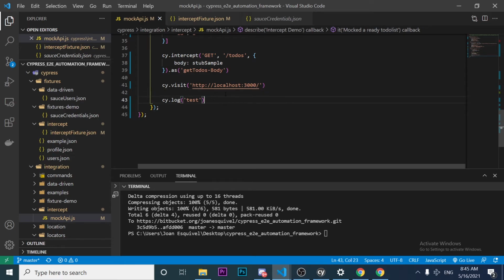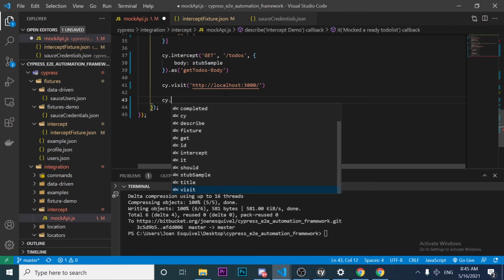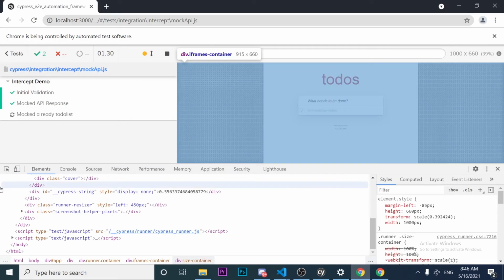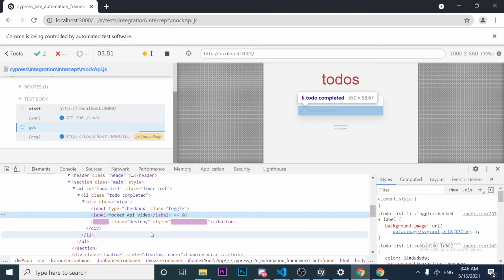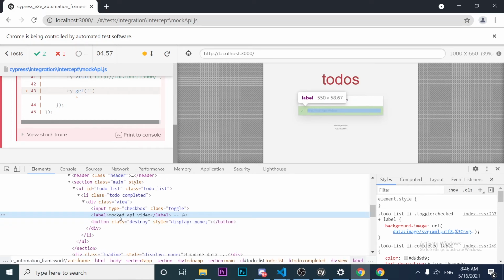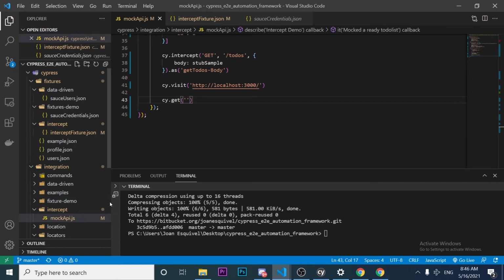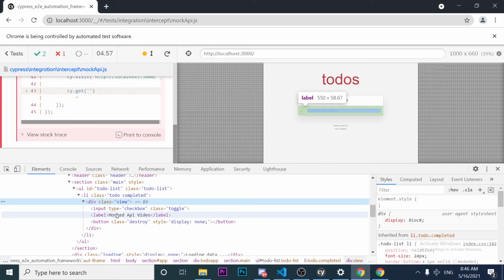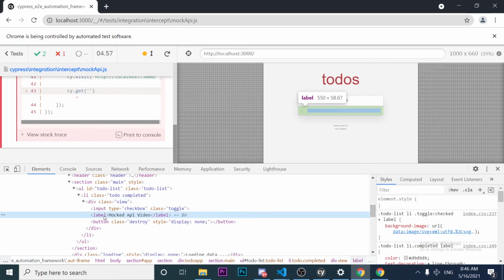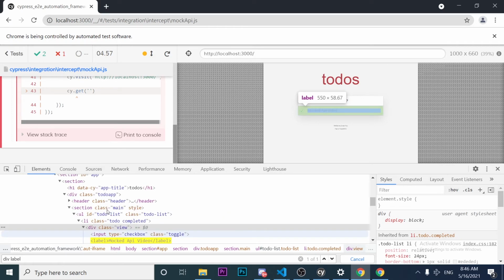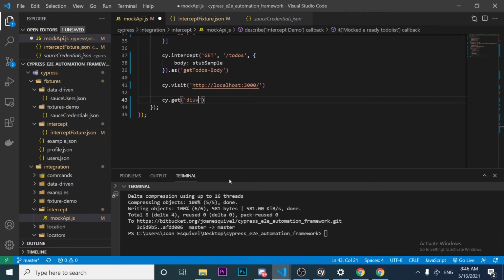Well, I'm gonna use an assertion, a simple assertion here. I'm gonna use the command cy.get, because I have to look for the element at first. Okay, I have to look at this, and it is the label inside of the li div. So it should be pretty simple, I guess. We can use a div and the label, because it is probably the only label inside of a div, and I'm correct. So I'm gonna use div label,